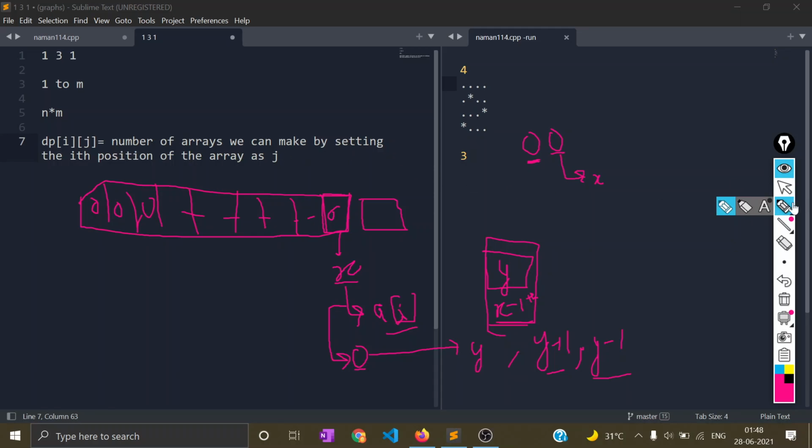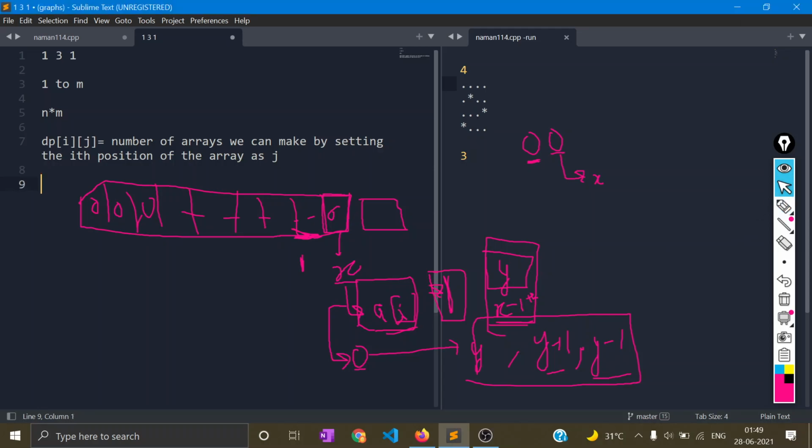We know that if our x minus 1 is fixed, there is only one way. If our A[i] is fixed, there is only one array. There is only the previous number of arrays that I can make. We cannot change it because it is already set. But if it is not set, we would see all the previous possibilities and just add them all. Alright, so let's see the relation we would have with our dp.